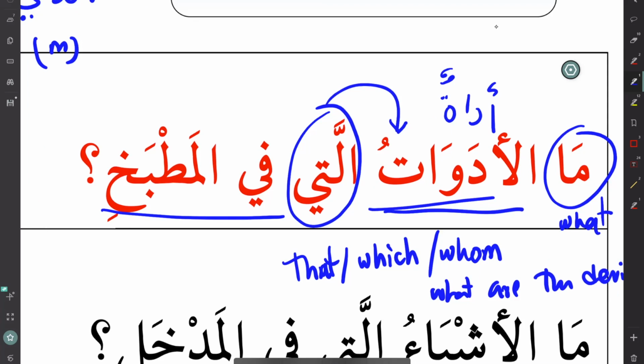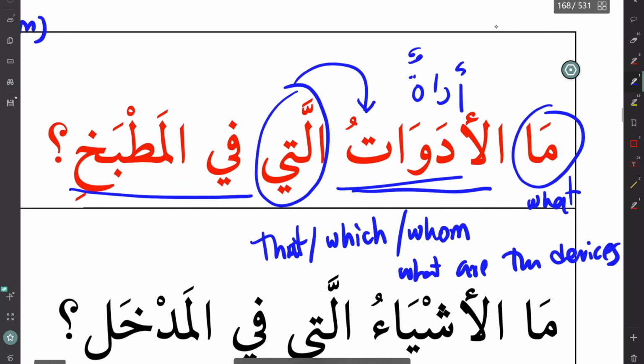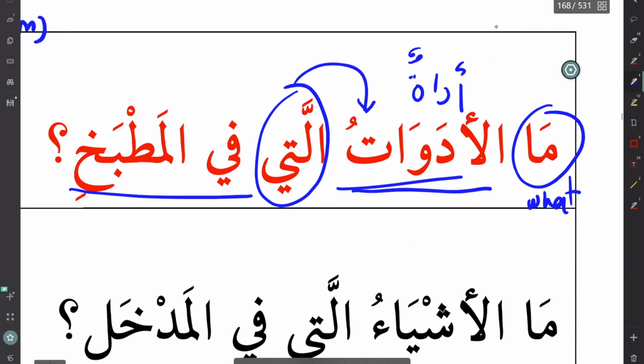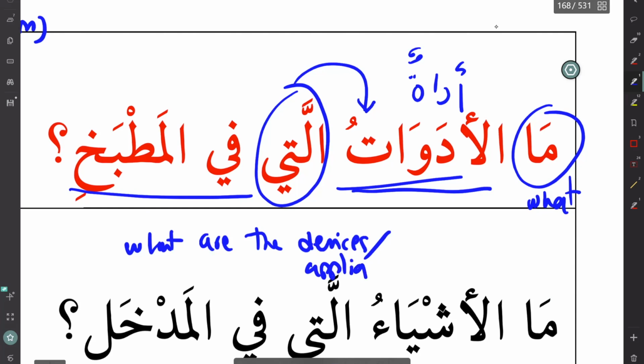You understand? Now, so how would you translate the whole thing here? You can say, what are the devices, or here it can be appliances actually, appliances, which or that